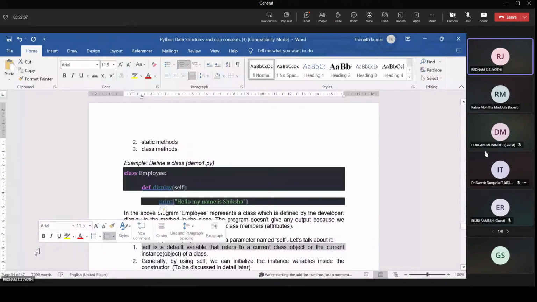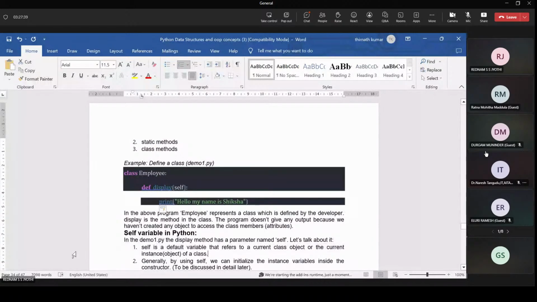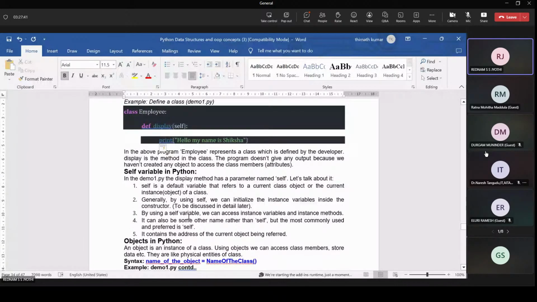There is a self variable. Self is a default variable that refers to the current class object, the current instance of the class. Generally by using self, we can initialize the instance variables inside the constructor. What is meant by constructor?